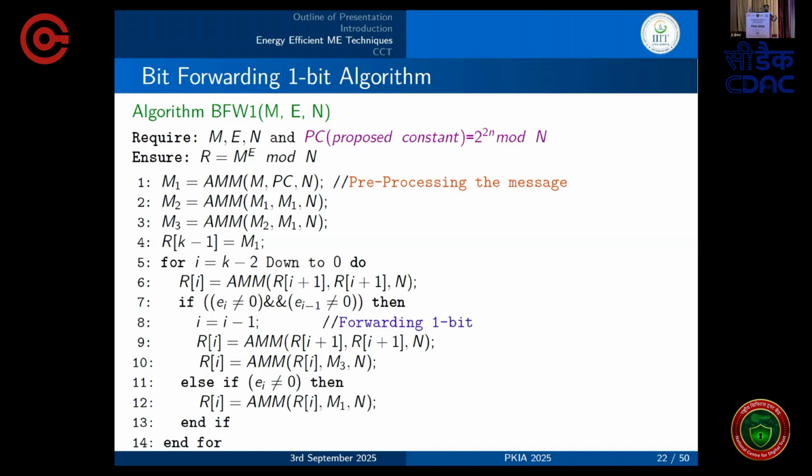Then at the 10th step, a multiplication operation is performed. Here, instead of multiplying the result with M1, I am multiplying the result with M3 so that there won't be any change in the result. With that, for every occurrence of two ones, one multiplication we are reducing, as well as providing one confusion mechanism. At the end, at the 12th step, whatever calculations we have done in the residue number system will be converted into the natural number system, that means the general number system. There we are getting the exact result.